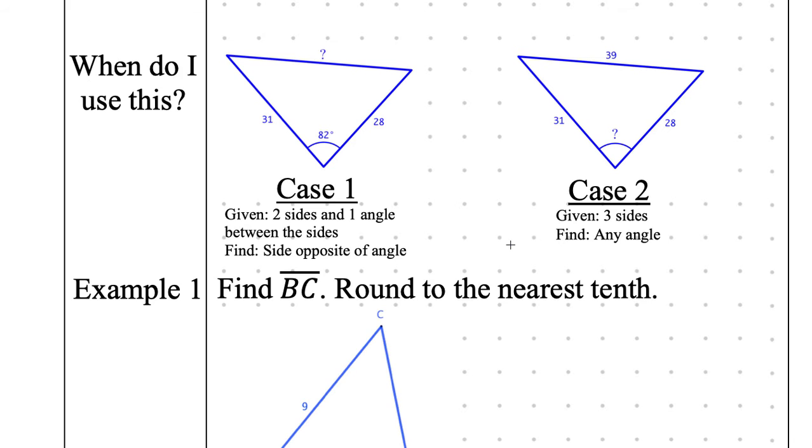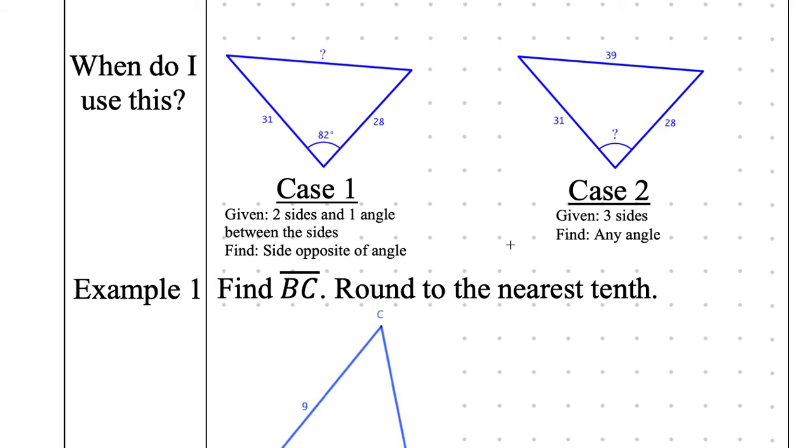Depending on what I change to be the question mark will affect how you solve the problem. I can either have the question mark on the opposite side, or I can have the question mark on the angle that's in between. If I change the 31 or the 28 to a question mark, that changes it into law of sines. But these are the two different types of diagrams that will automatically mean law of cosines. That doesn't matter for today. I can ignore this information and I'll still be able to do the homework 100% because I'm only giving you law of cosines. Tomorrow, I'm going to be giving you both law of sines and law of cosines and word problems, and you have to be able to